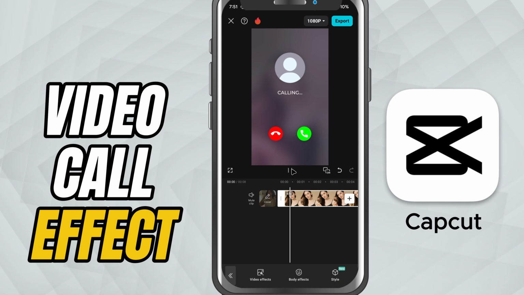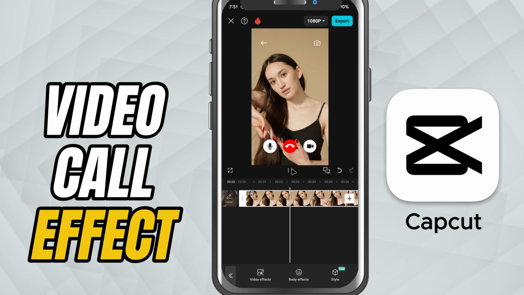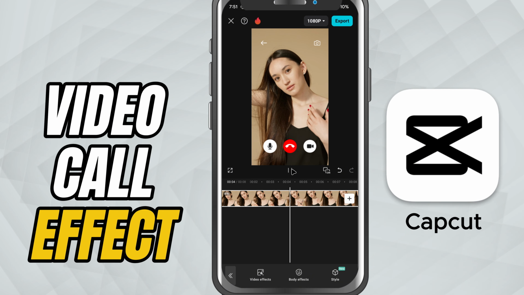And that's it. You've added a clean and realistic video call effect in CapCut Mobile, perfect for creative skits, comedy,